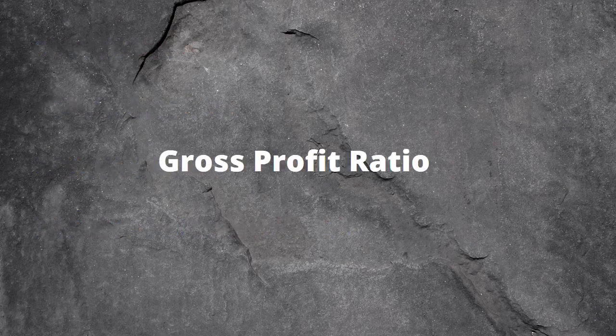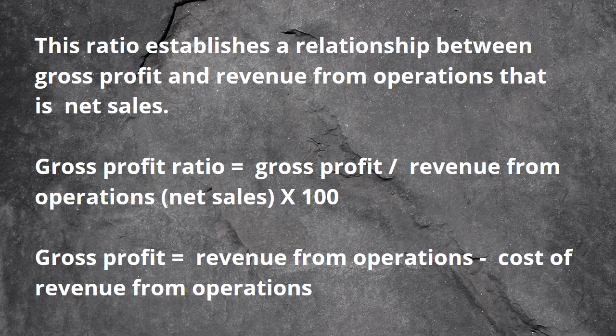First of all, move on to gross profit ratio. This ratio establishes a relationship between gross profit and revenue from operations, that is net sales. Again, listen, the terminology in accountancy has been changed. Rather than saying sales as in plus 2 class, it is revenue from operations. When we discuss gross profit ratio, this ratio establishes a relationship between gross profit